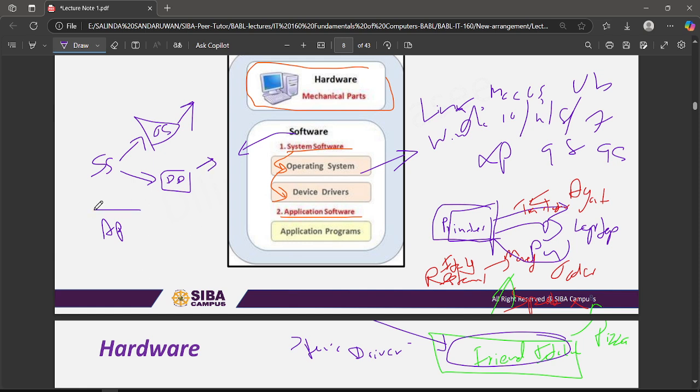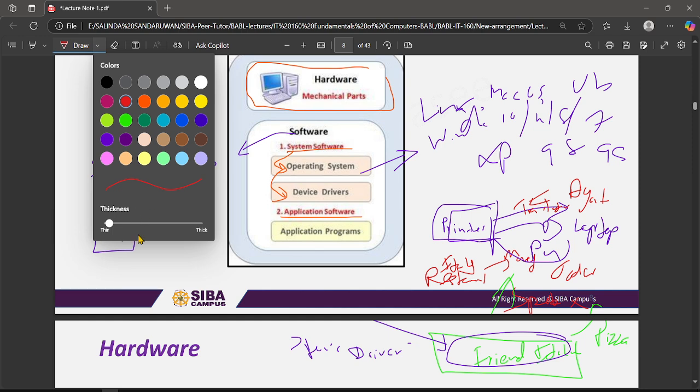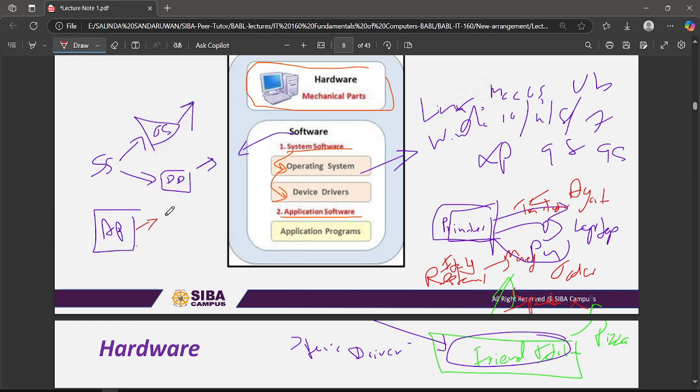And what about the application software? It's very easy to remember, right? Application software is like Word, Excel, PowerPoint, Access. It's like Photoshop. It's like CorelDRAW, likewise, right? The application software means, yes,